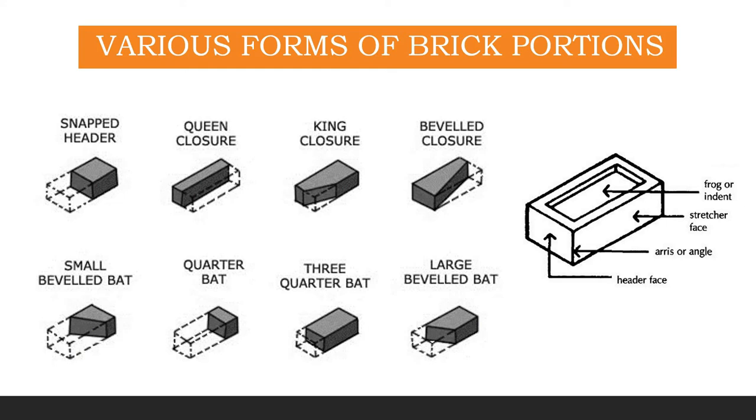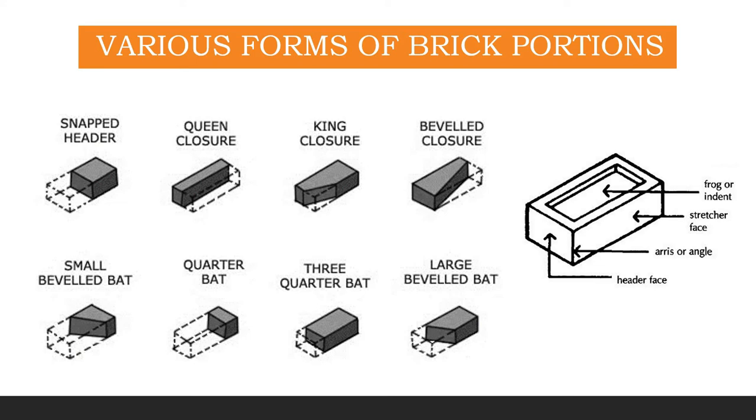The longer face of the brick is known as the stretcher, and the smaller face is known as the header. The depression on the top of the brick is known as the frog, and the frog is important because this is where your mortar is captured. If the brick were smooth, all your mortar could have fallen off, but due to this small depression, it holds the mortar and the layer above it.